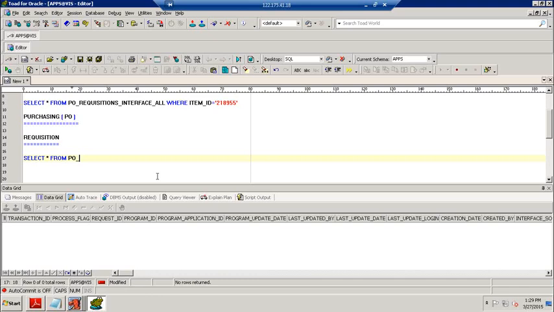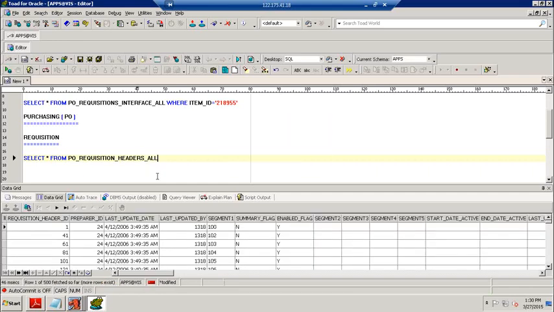Which table can we access? I want to know where exactly we can find our data in the requisition table. In requisition there is a lot of information. So how can we find our requisition? Tell me. We have 3 tables. This is the requisition headers. So how can we find out?